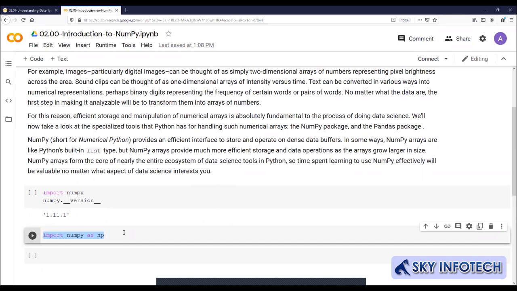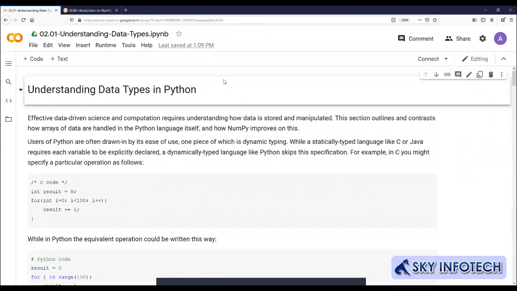Correct? Okay, sir. Now let's talk about data types in NumPy. So understand the concept first, उसके बाद फिर practical पे जाएंगे.